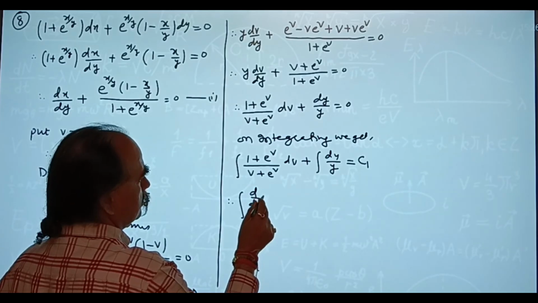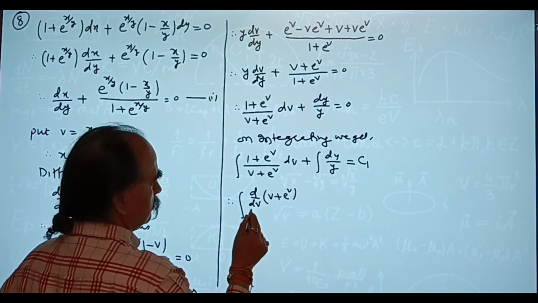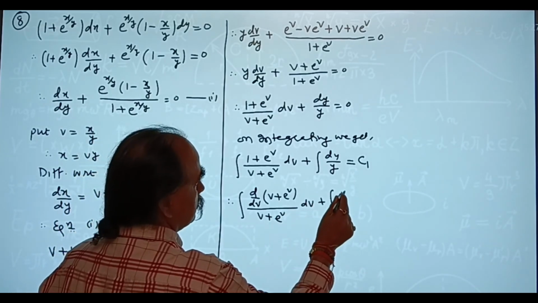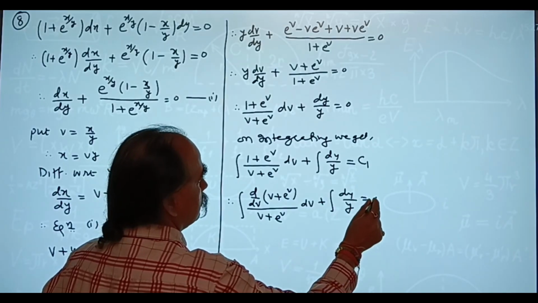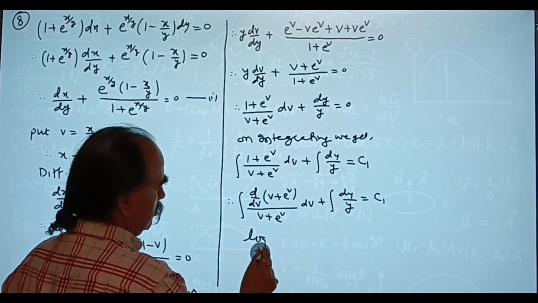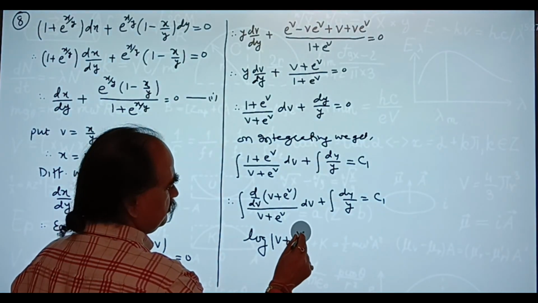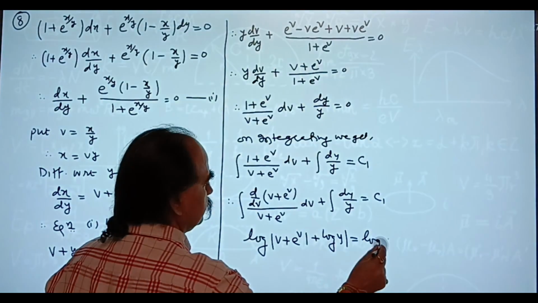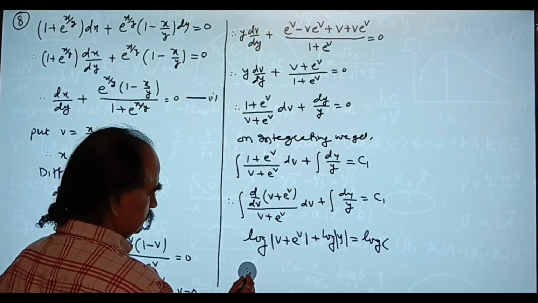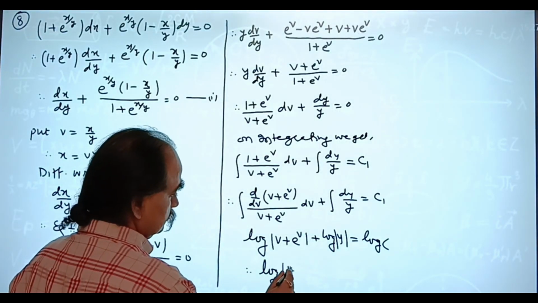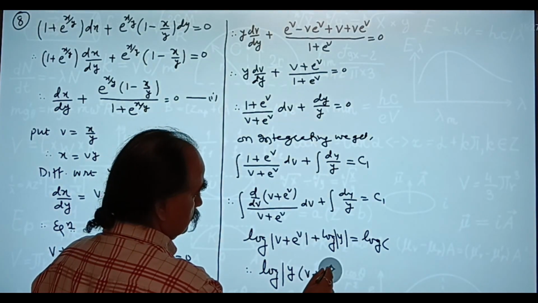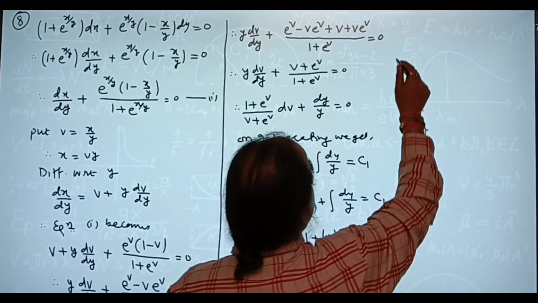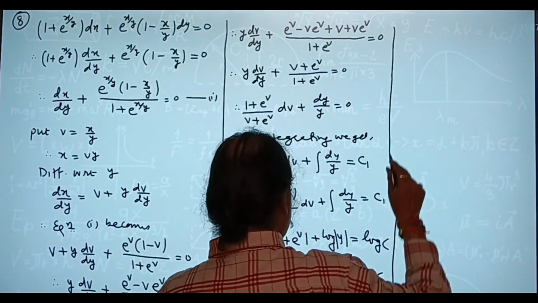Derivative of denominator. log of v plus e raised to v plus log y is log c. Therefore, vy plus